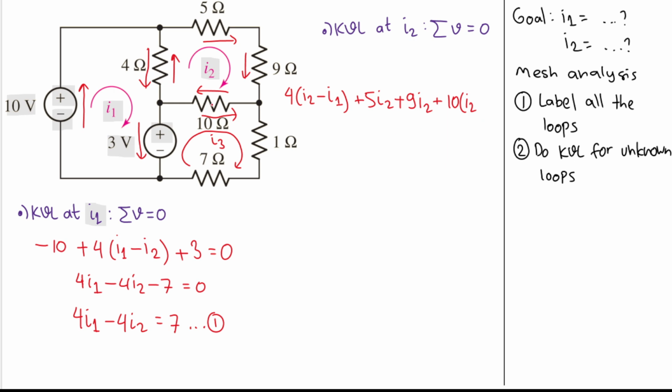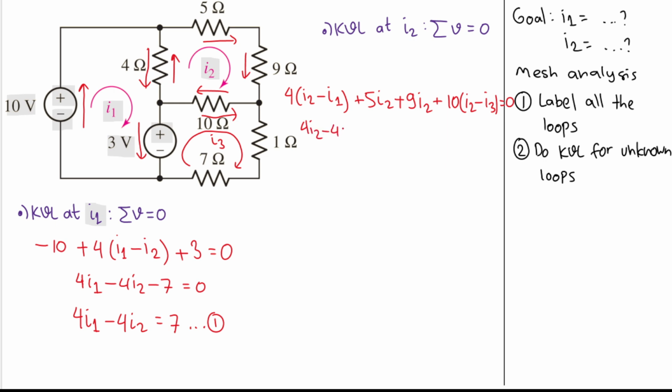So I3 here is flowing to the opposite direction, so we'll have minus I3. All of that will equal to 0. Good. Now what can we do from here? Let's distribute this 4. So we'll have 4I2